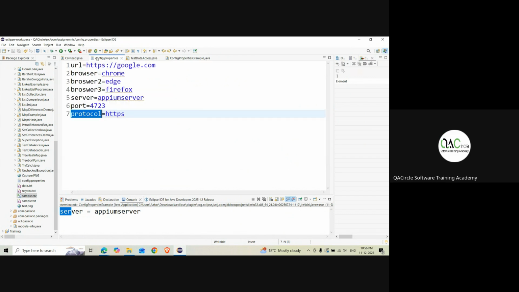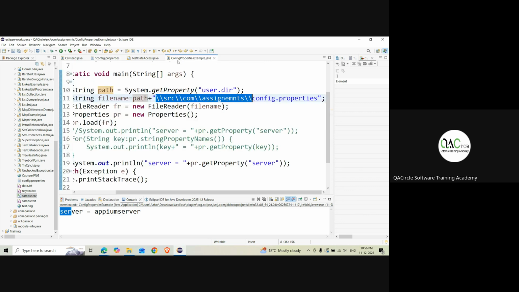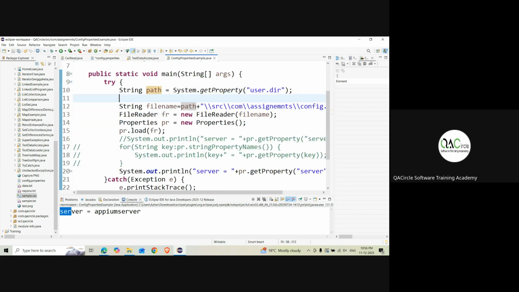Okay, I'll write here local path equal to, is it okay? Yes, sir. And can I also write string absolute file name, something like that, equal to